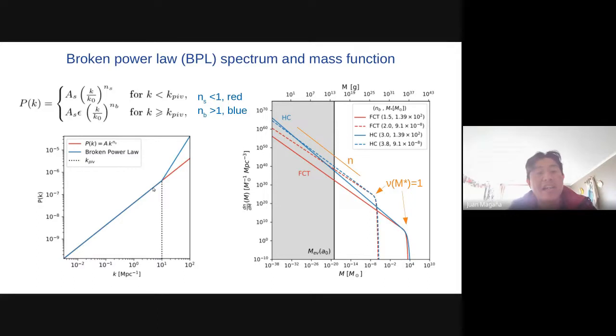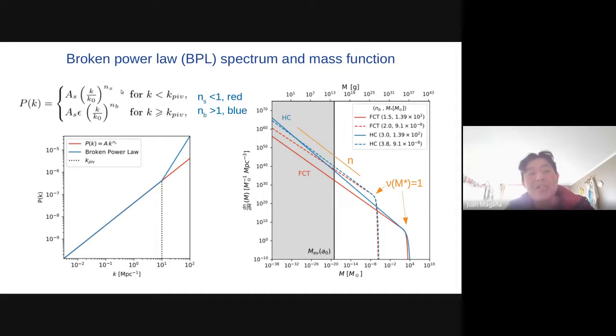The red line represents the standard power spectrum, just this part with the exponent red, and the blue line represents this broken power spectrum. You can see here that there is an enhancement for large wave numbers, that means for smaller scales.